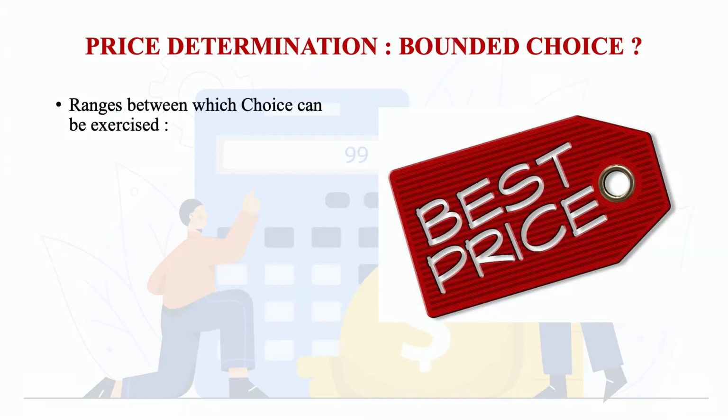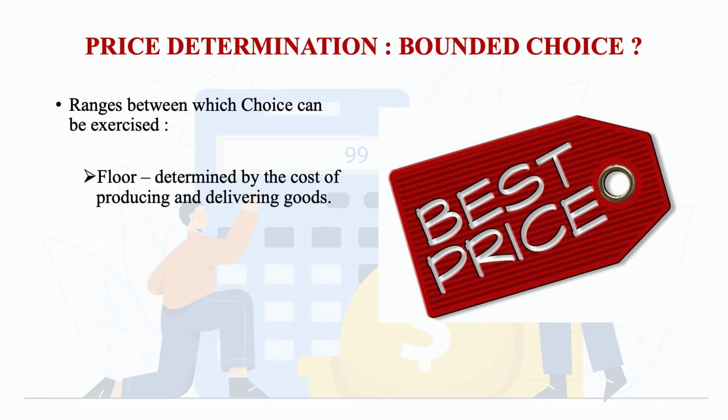We do talk about price determination as being a relatively controllable variable within the control of the company. In the last session, when we were talking about marketing mix variables, we said that this is the most manageable of all P elements, that the company has a relative freedom in setting its prices. However, this choice is not unbounded. This is a bounded choice, and this choice that you have of setting your prices has two major limits.